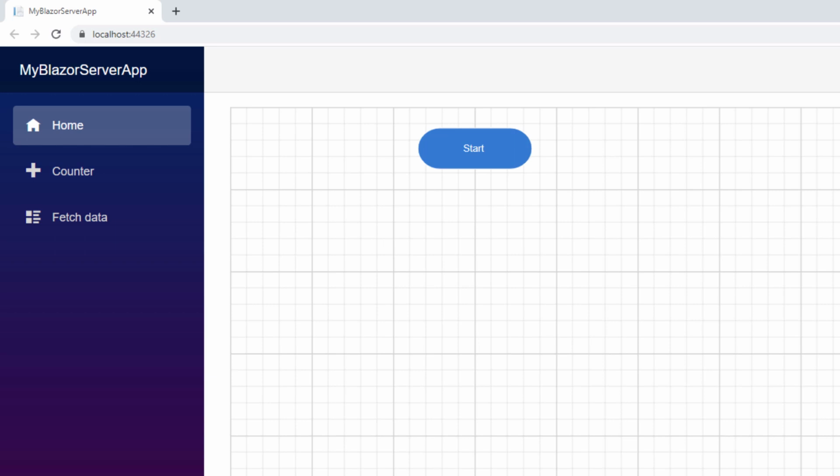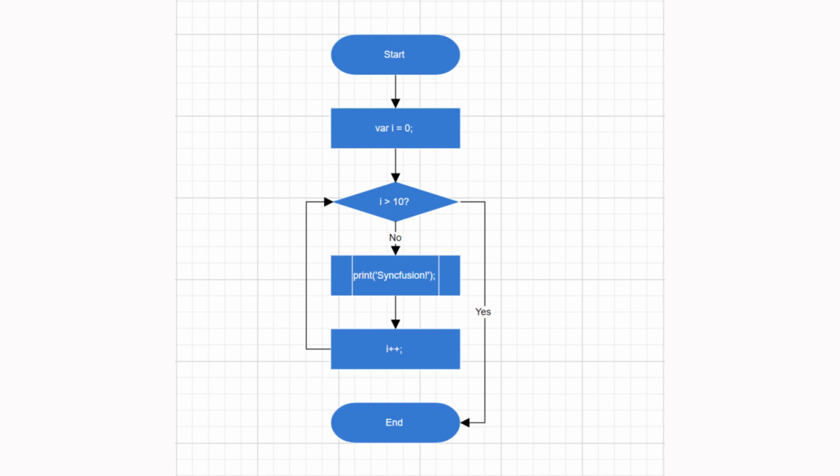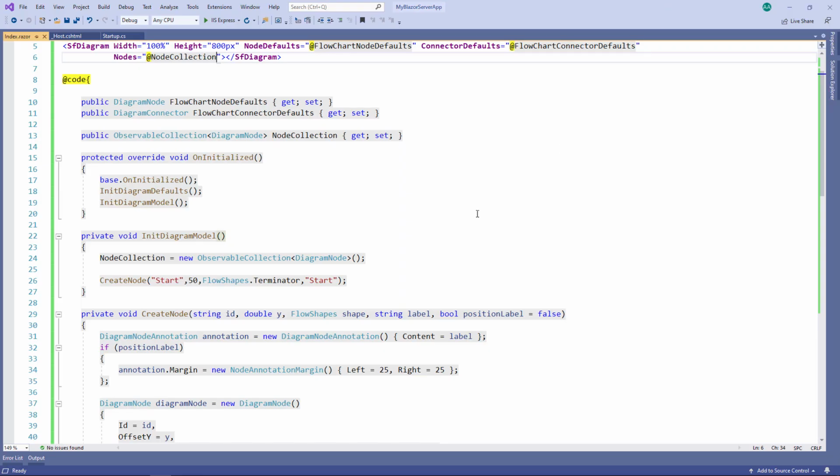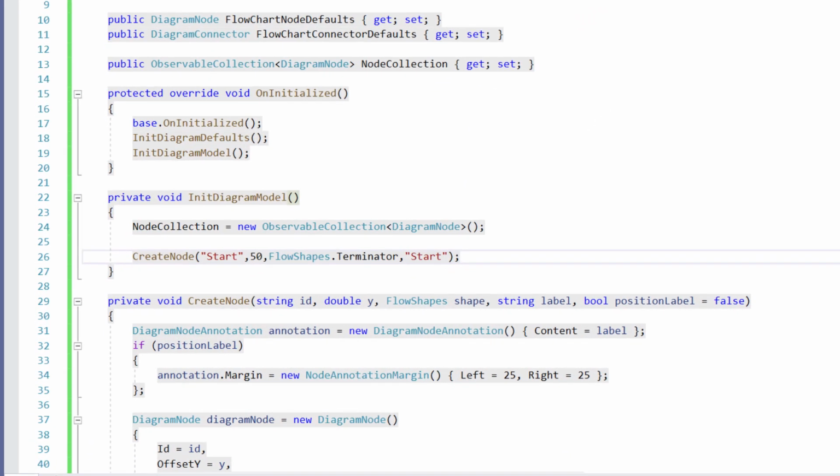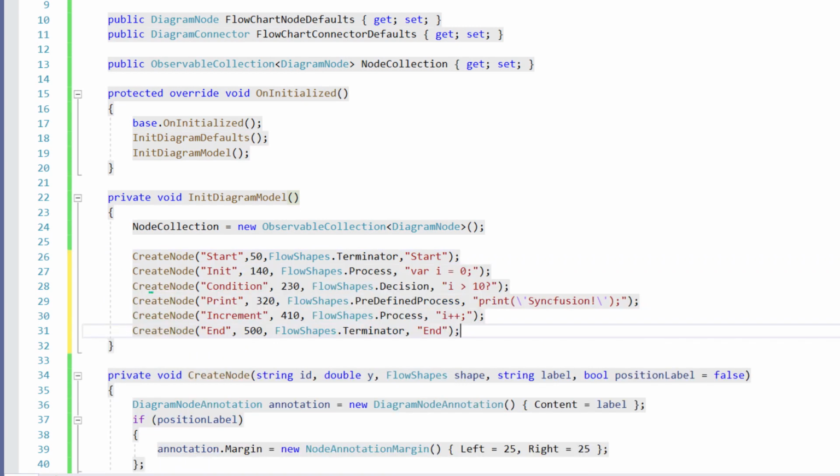Next, let me add a few other nodes required to design my flowchart. Here, as you can see in the pictorial representation of my flowchart, I need to add 5 more nodes. So in the InitDiagramModel method, I add code to create these required nodes.